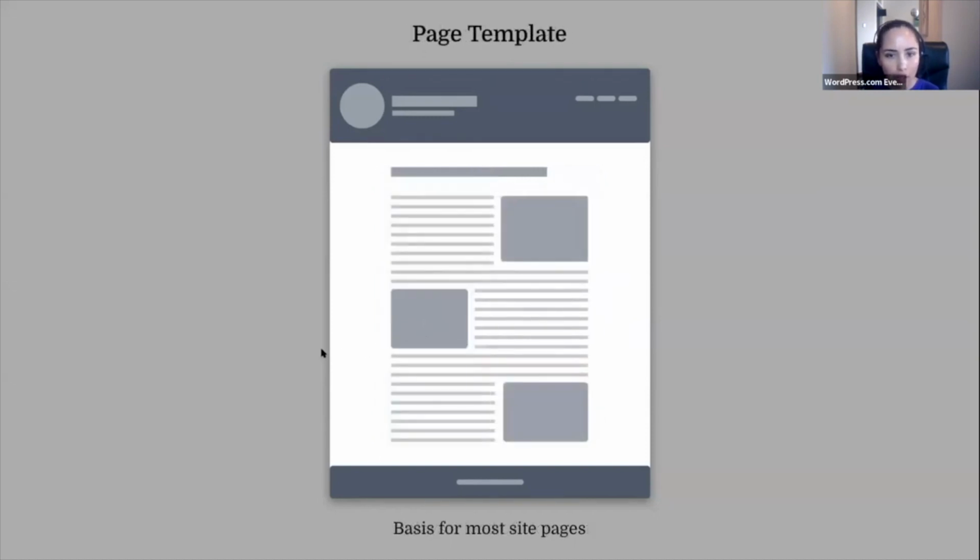Let's check another template. This might be useful for those who are really not interested in displaying blog posts. Maybe you don't want to have a blog area within your site, and you're probably going to use more pages. And that's when the page template comes in. And when you add a new page inside your WordPress site, that's going to be the template by default,